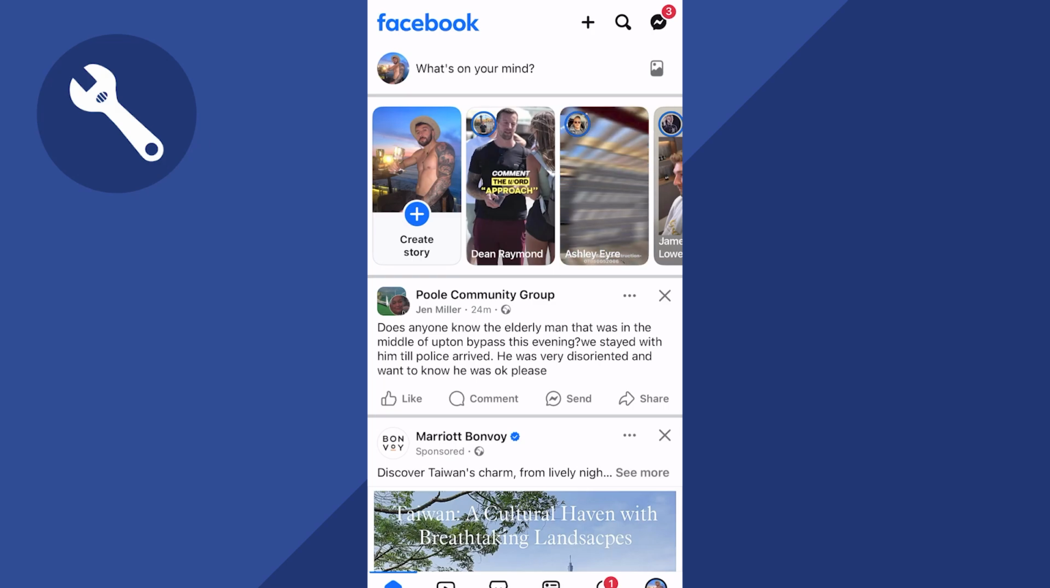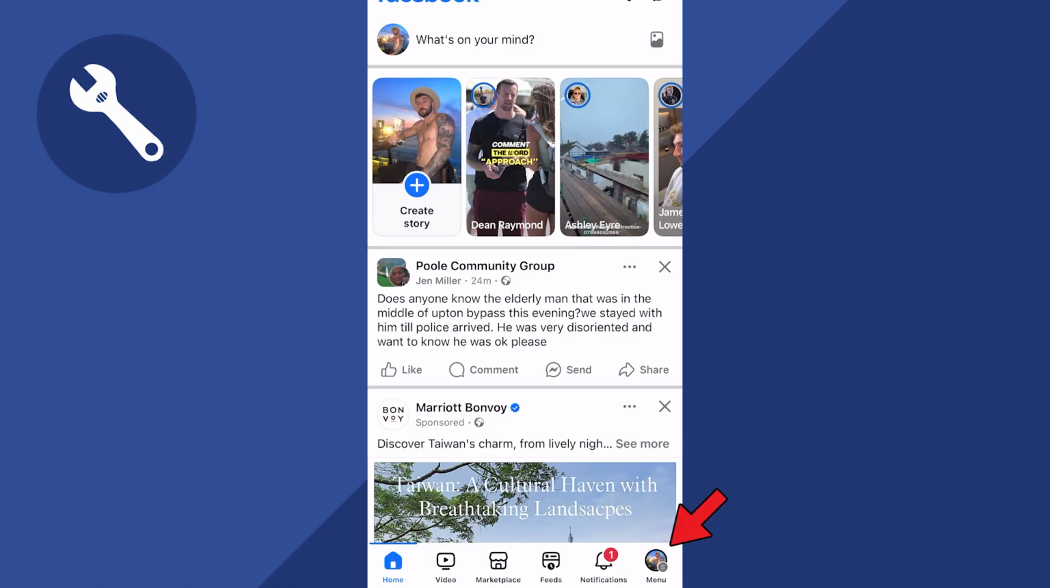How to make a second profile on Facebook. So if you want to make multiple Facebook profiles, then I'm going to show you how we can do this. So first, just open up the Facebook application, click on menu in the bottom right hand side, and